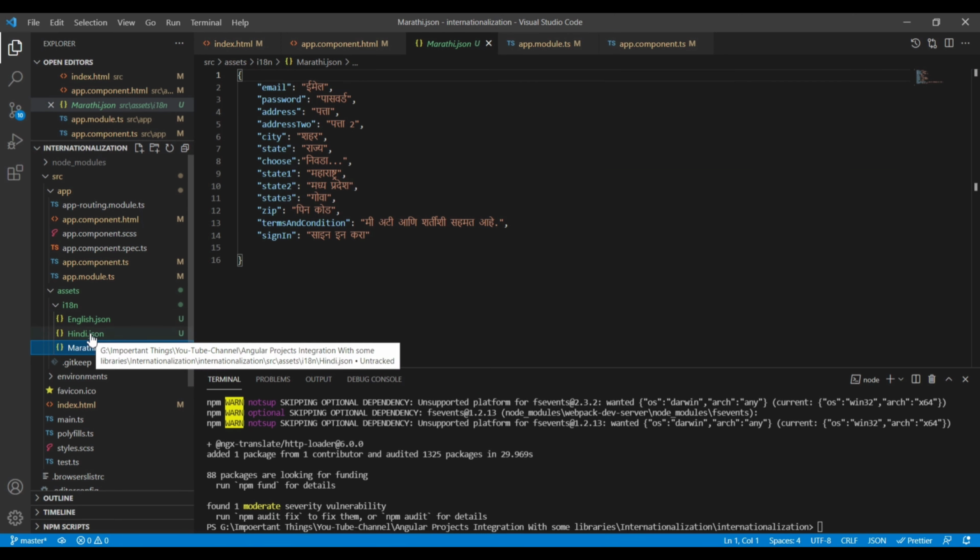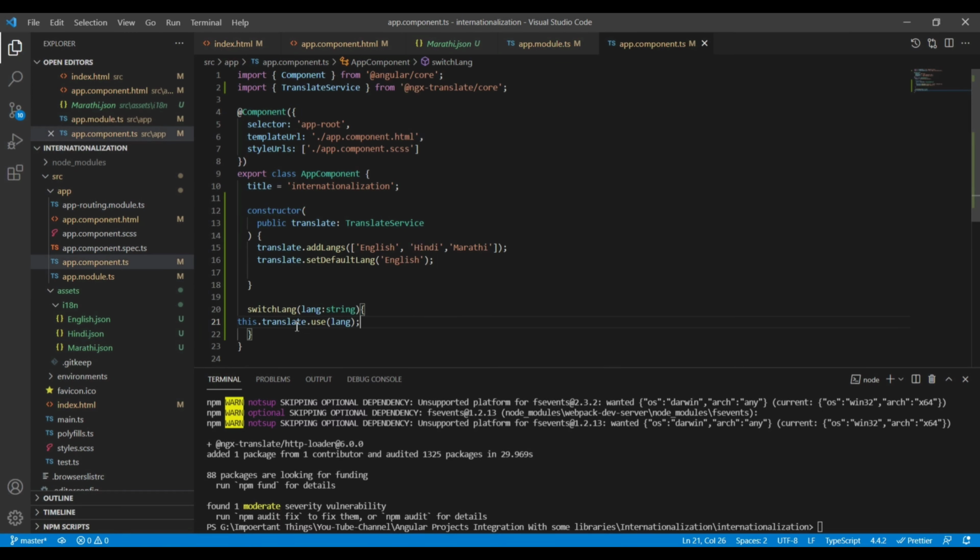In the JSON files, we use the same keys for all of them. So whenever the user selects any language, the switchLanguage function will translate that particular key into the required, or current, language by the translate pipe.